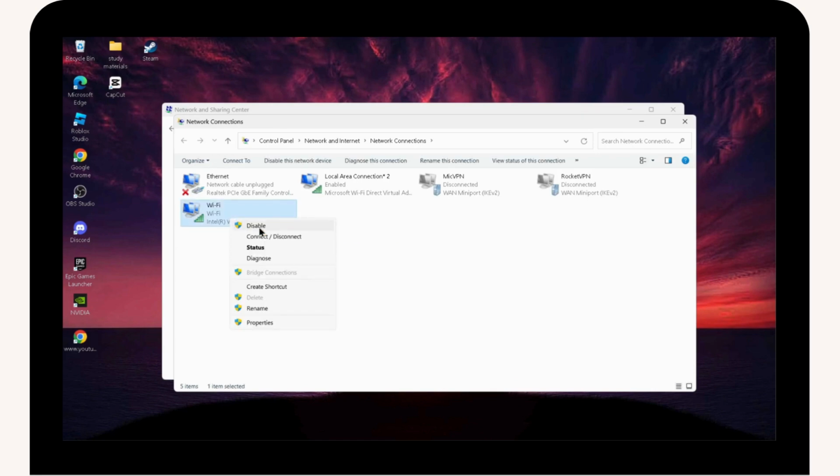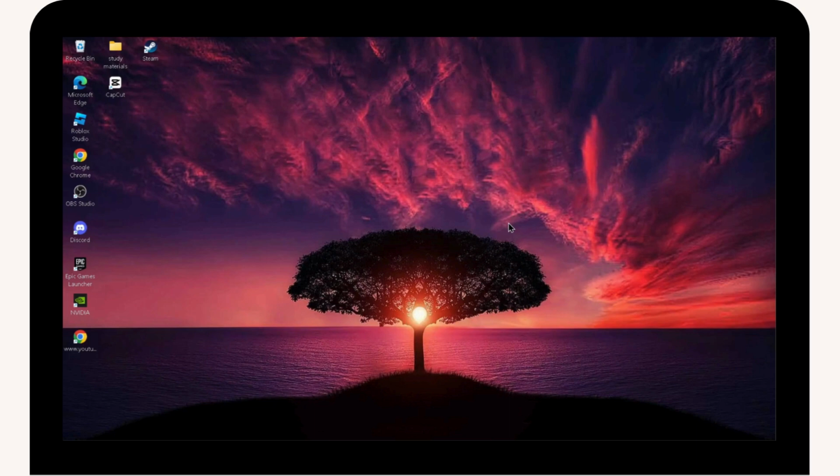Note that if your Wi-Fi has been disabled, then you will not have the disable option. You will have the enable option. So if you have enable instead of disable, simply go for enable and enable your Wi-Fi. And this is the first fix, but if this still doesn't fix your problem, then the second method